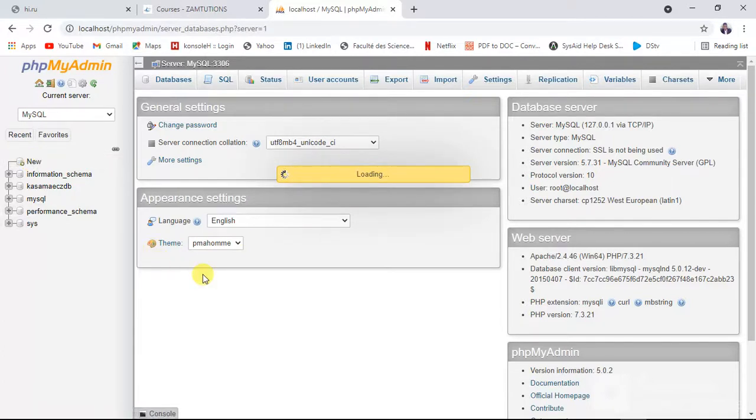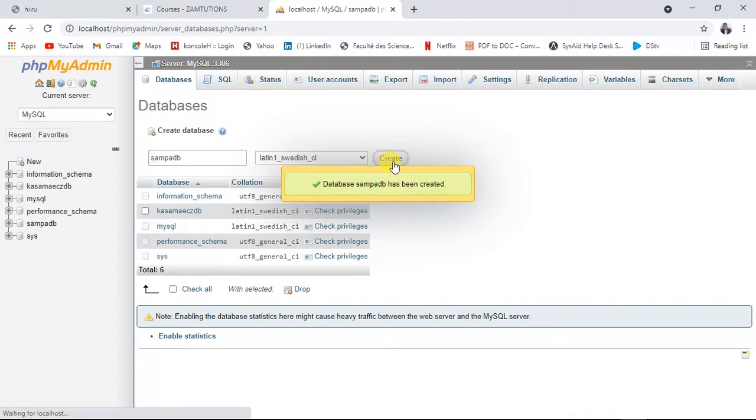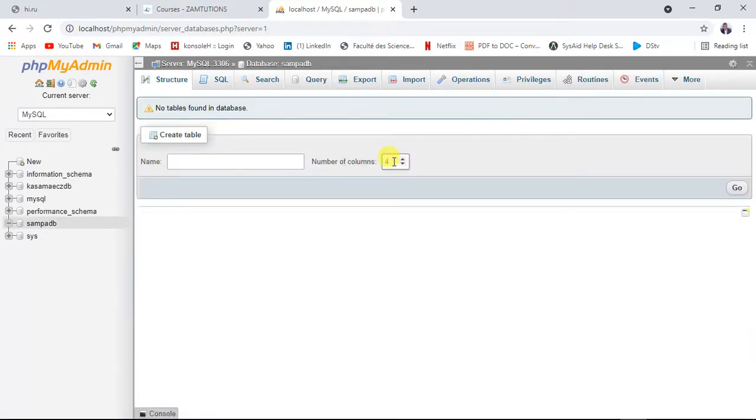by clicking on new. Then I have to name the database here, for example, Sampa database, Sampa GB. There you create. So after doing that,